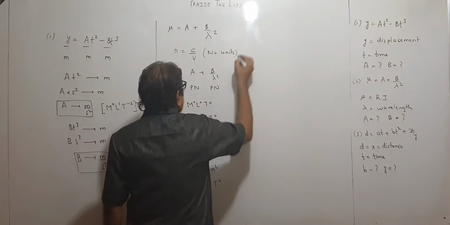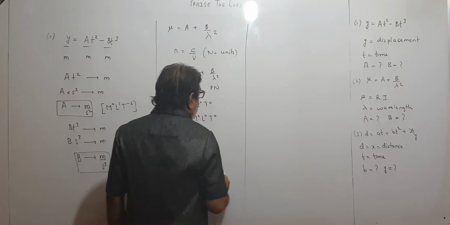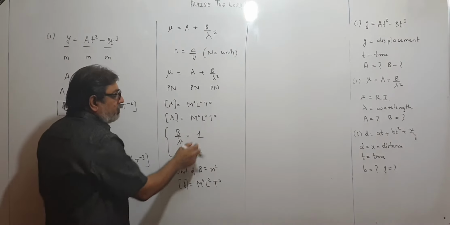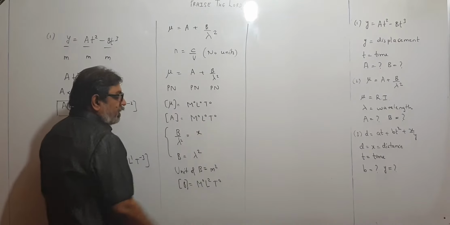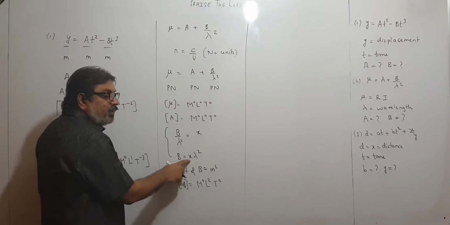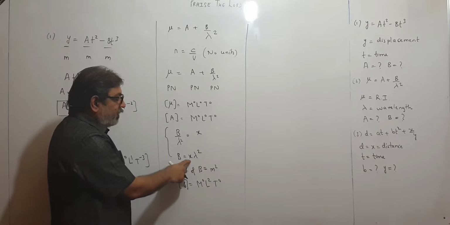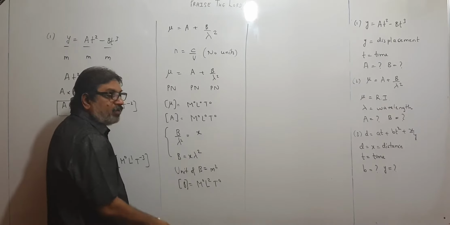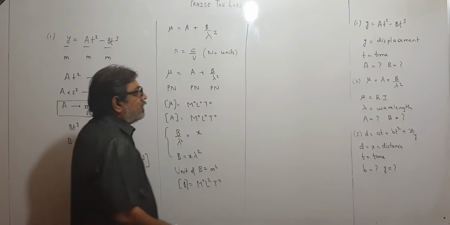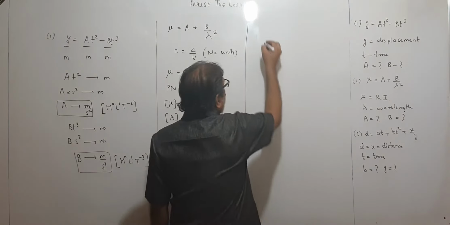Okay. Then C. Now children, try to think, even if you would have thought B upon lambda square is a pure number, so maybe it is X, a pure number. So what would have been B? X lambda square. Now X is a pure number, this does not have any units. The unit of B would have been unit of lambda square. You can think like this also. It will remain still the same. Right? Anyway, look at the third one.